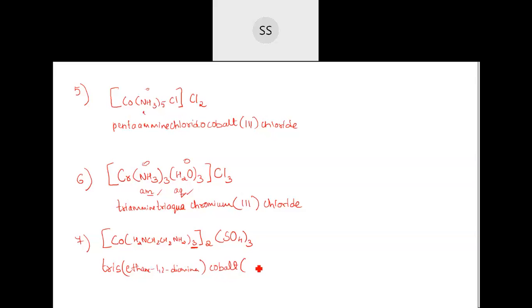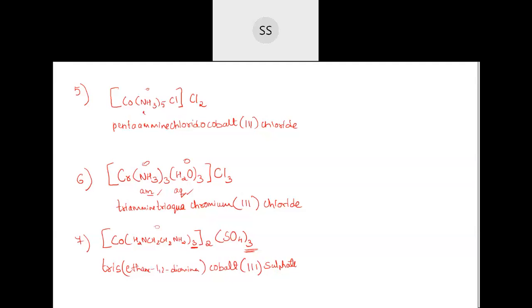Then you have to find the oxidation state. Oxidation state you see here. You can see 3 here. That means that itself is the oxidation state of this cobalt, because here everything is 0, no? So this has to be the oxidation state of it. So it's 3. Okay, 3 is the oxidation state, and then followed by you have to write the name, that is sulfate. This 3 has come because of the charge which is there on this particular complex. They have crossed them. So this 3 you can take it up. So sulfate. Okay.